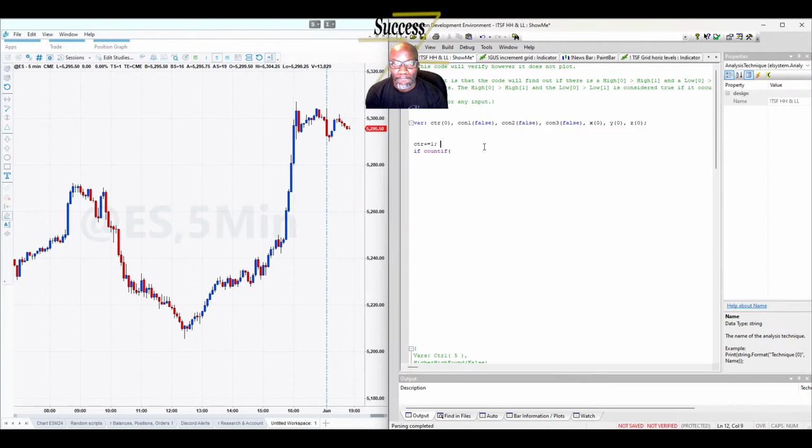I'm going to say if counter is greater than or equal to 5, then begin. All right, so counter plus equal to 1. If counter is greater than or equal to 5, then begin count if